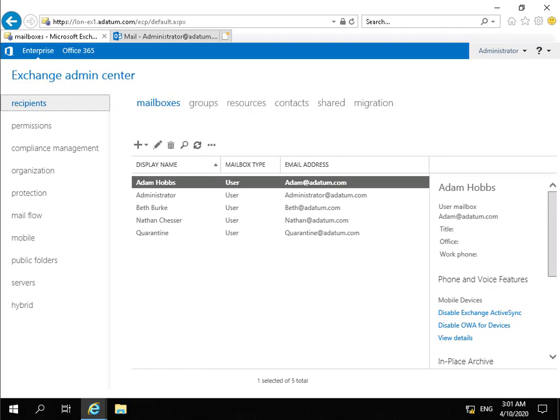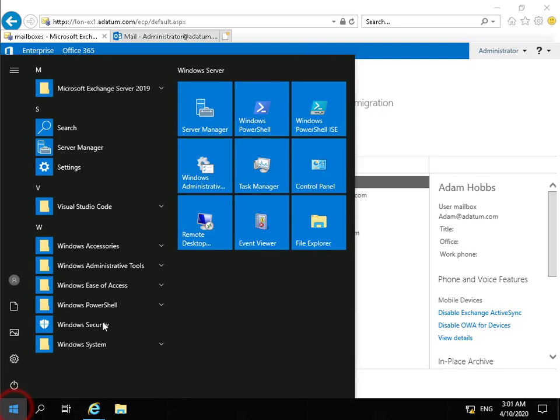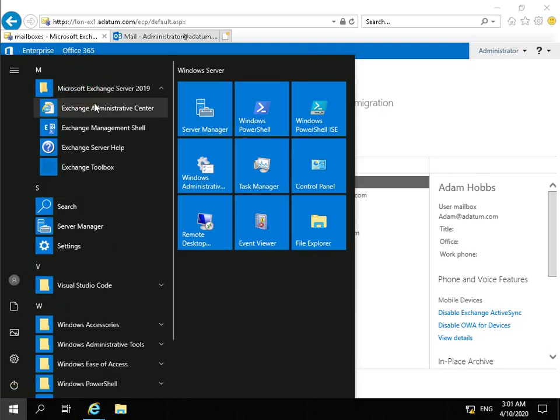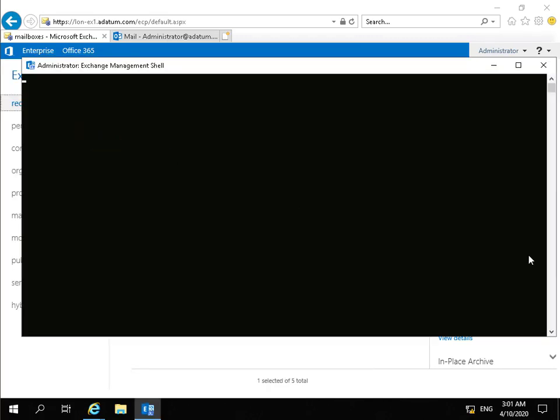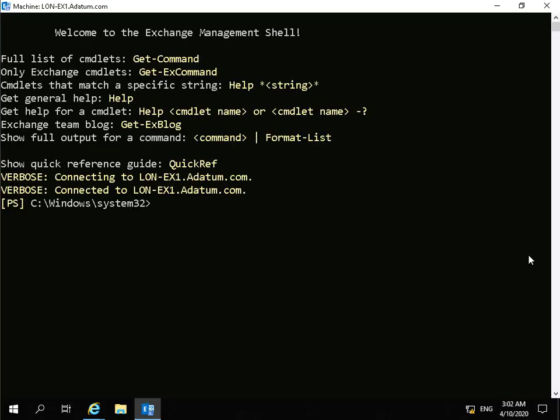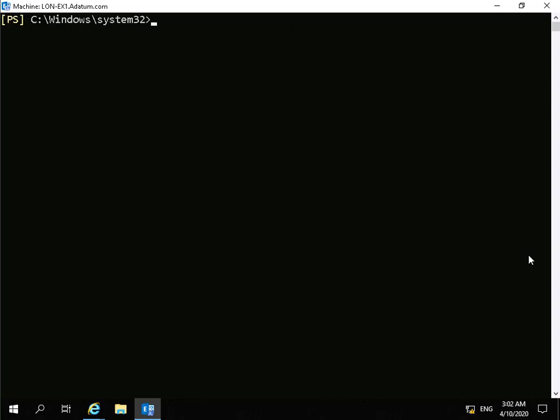through our email system. What I've done is I've come on my Microsoft Exchange server, and the first thing I'm going to do here is just launch my Exchange Management Shell. So to launch the Exchange Management Shell, we come to Microsoft Exchange Server on the start and we click on our Exchange Server Management Shell. And what we're going to do in the Exchange Management Shell is issue some cmdlets that will allow us to see first off how it's configured, and then we'll actually modify some